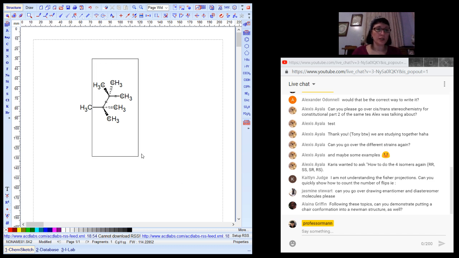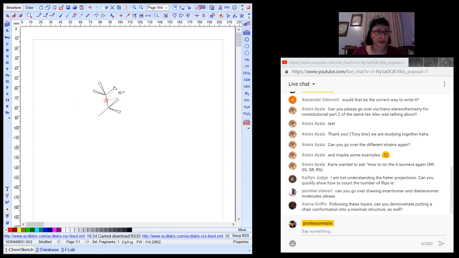You can either look at them and have them kind of to the side like this. You can have them rotated straight up and down. That's kind of how I've been doing it in class, I think. Like that. Some people prefer to have them kind of flat, like left to right, instead of straight up and down. So it's kind of however you want to do it. And then let me give you one that actually has some stereochemistry here. I'll go ahead and put one with the hydrogens behind.